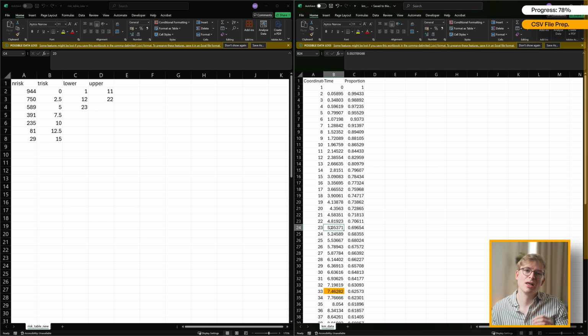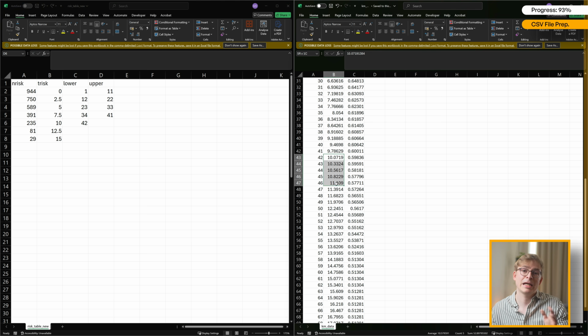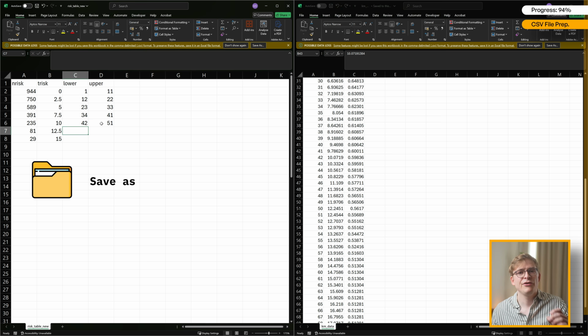Upper, on the other hand, is the last coordinate that's still included within each tRisk. Again, for tRisk equal to 5, our upper is 33, as this is the last coordinate where our digitized data for time remains within the bounds of tRisk equal to 5. In other words, 33 is the last coordinate that's below the next time interval for tRisk, which is 7.5 in this case. Once you've entered these parameters based on the KM data you want to digitize, save your file as